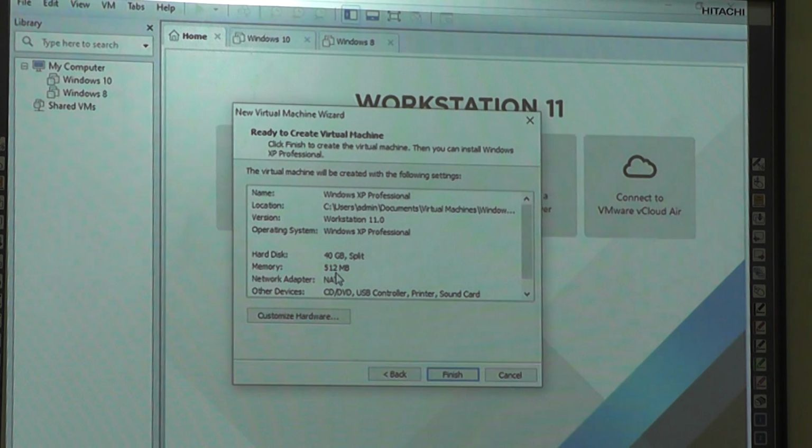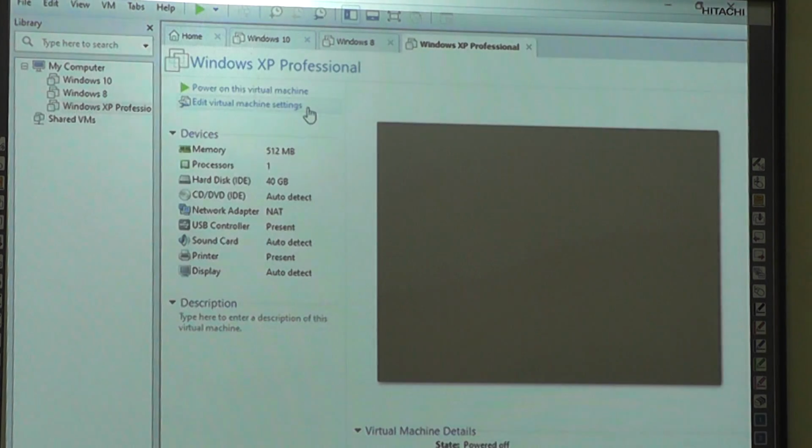So if you increase the RAM, your performance will be good. I have 8 GB of RAM, so I can allot this machine more, like I can give 2 GB also, no problem for me. But if you have 4 GB of RAM, you can keep the minimum requirement, what the machine is taking. Okay, next, and sorry, finish. So now I have 3 VMs,